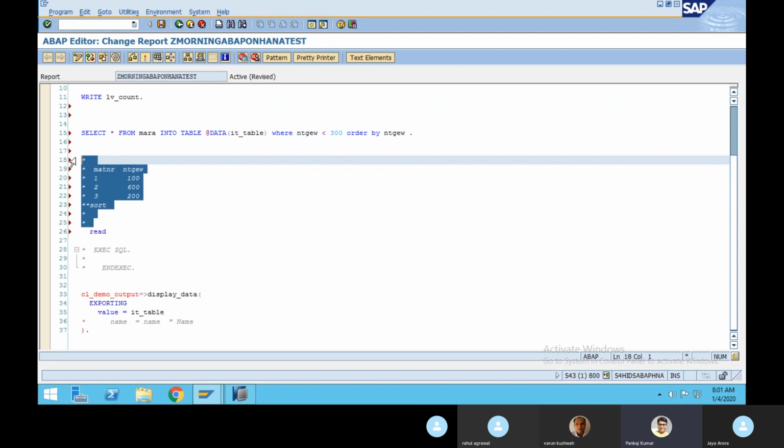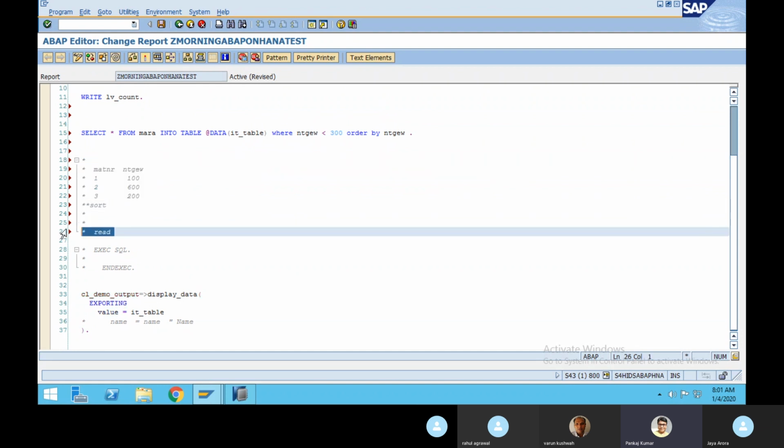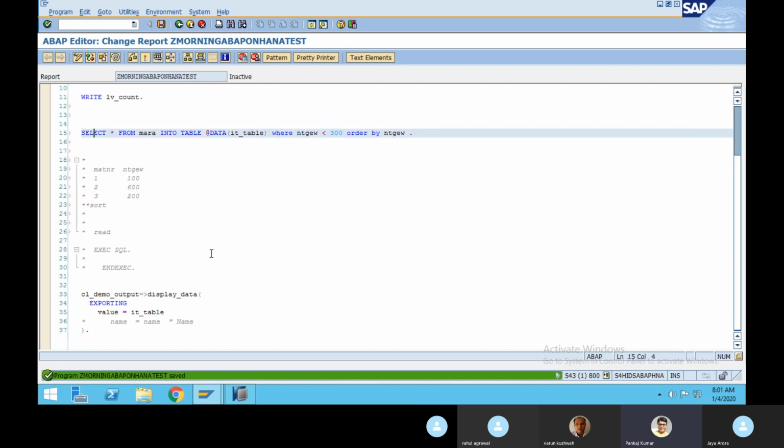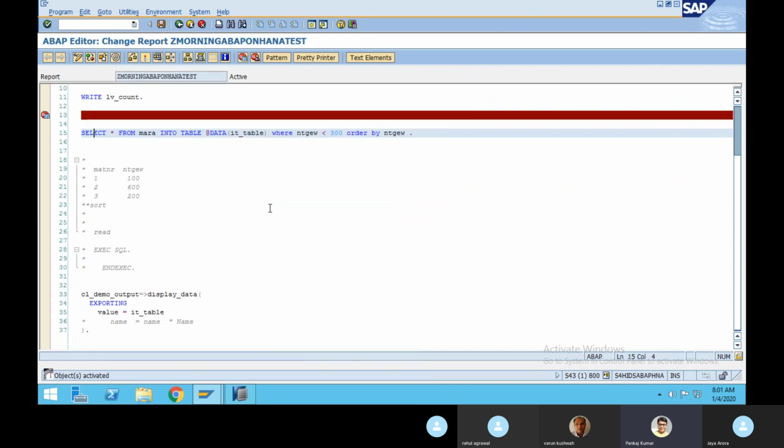This is not the perfect example, but try to understand what I'm trying to show you. Suppose you have one program and you want to check whether it is HANA compatible, ready to move to the HANA database or not.